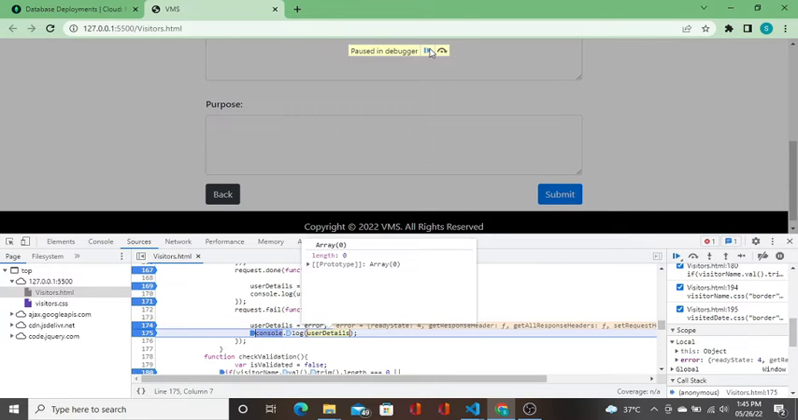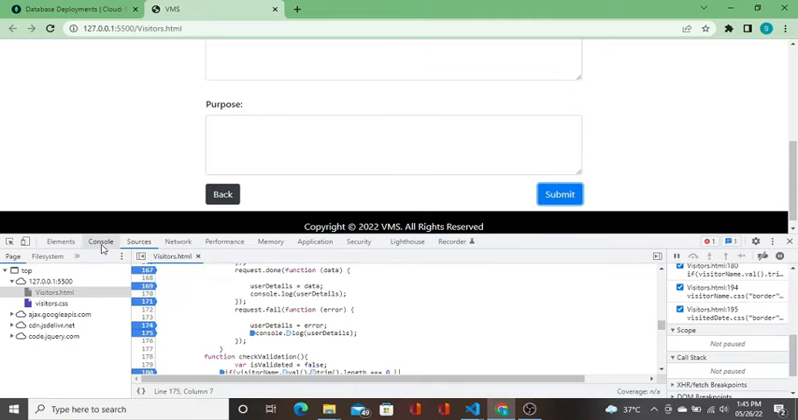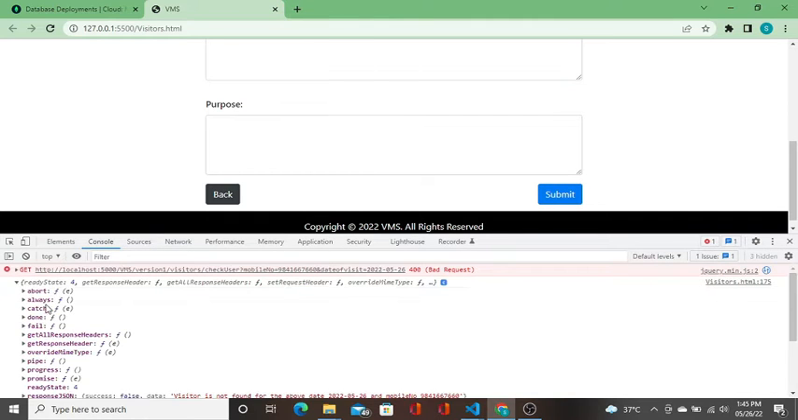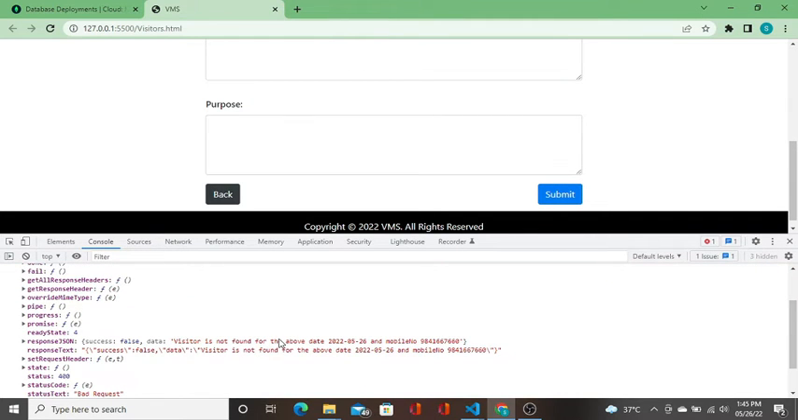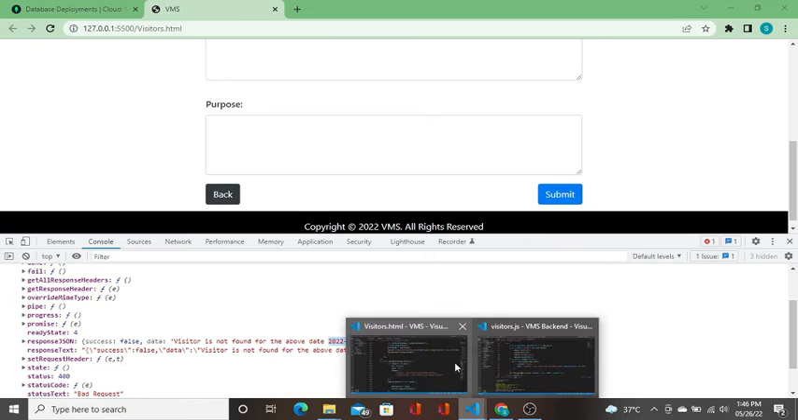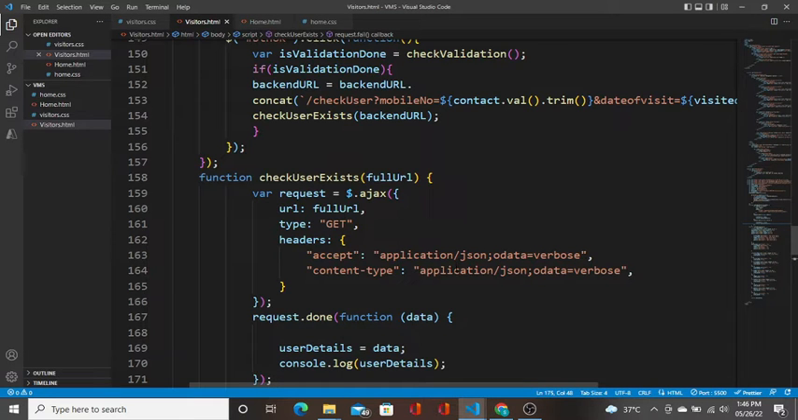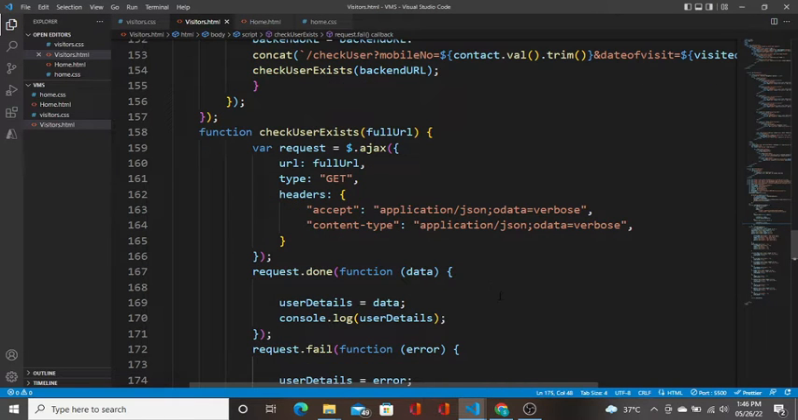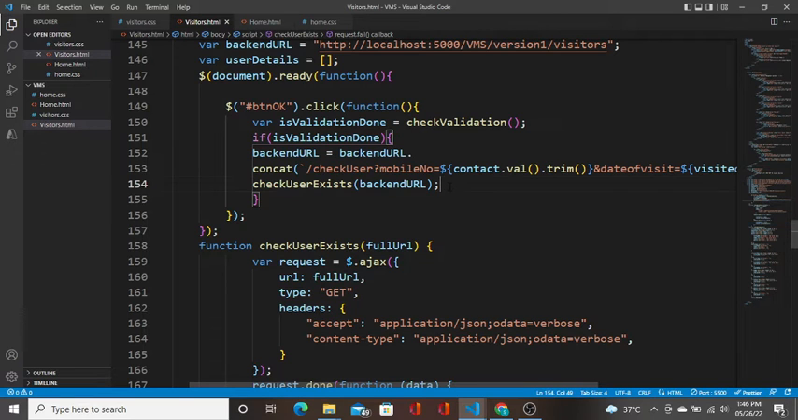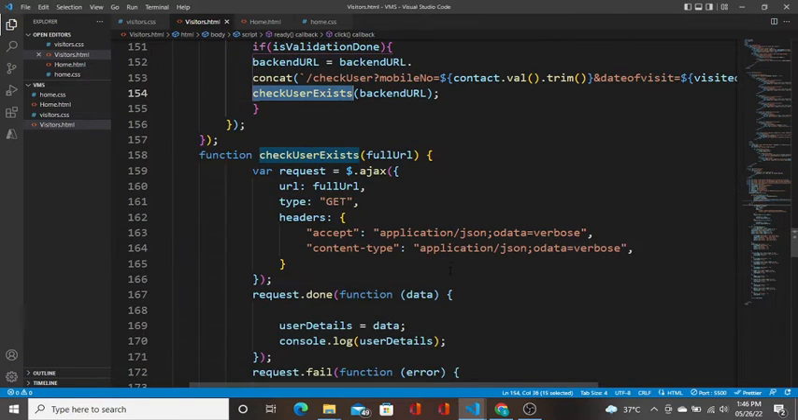Okay, this time we got an error. If you look at the console, the error is printed. So what is the error? Visitor is not found for the above date. Okay, so this person has not booked multiple times. So he is a valid visitor, right? So we got it. But here, you see, we call this method from here, but